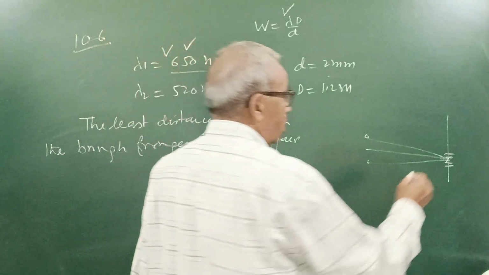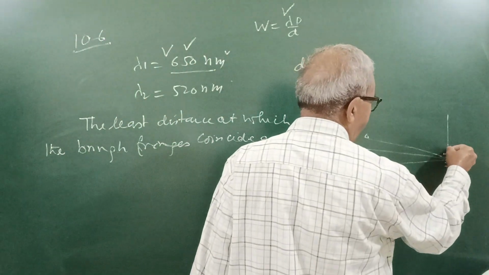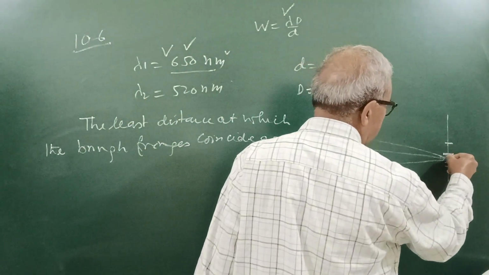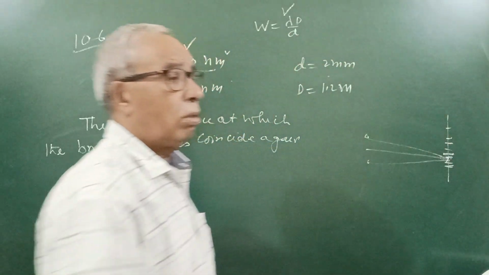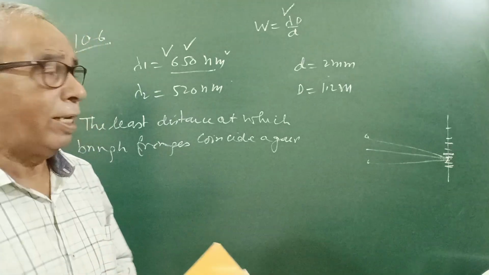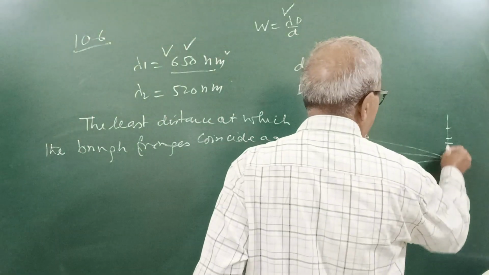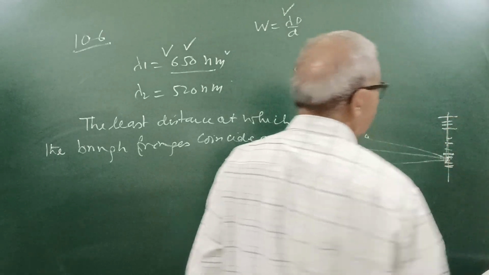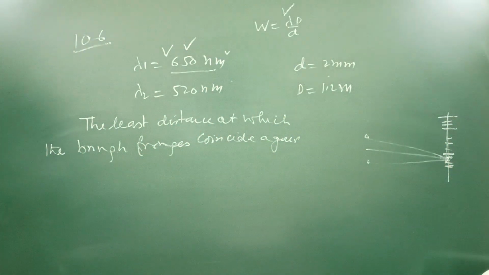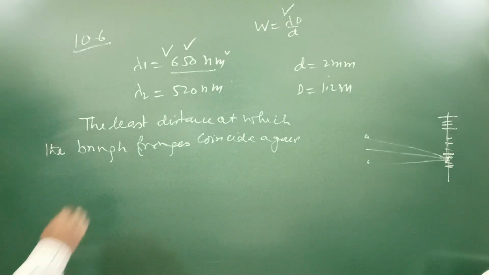देखो बात सुनने पर ये विड्थ है इसकी, अब यहाँ पर इसकी डार्क आएगी, इसकी डार्क यहाँ हो जाएगी, and so on they will keep on not coinciding at a certain place. The two will be there, center will be coinciding. What is that? वो कह रहा है the least distance at which the bright